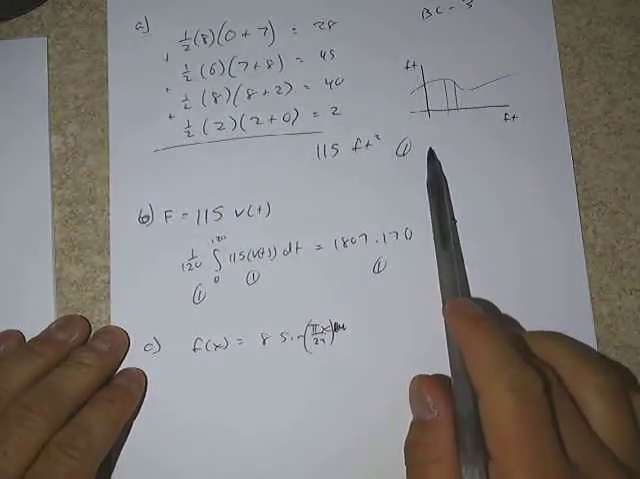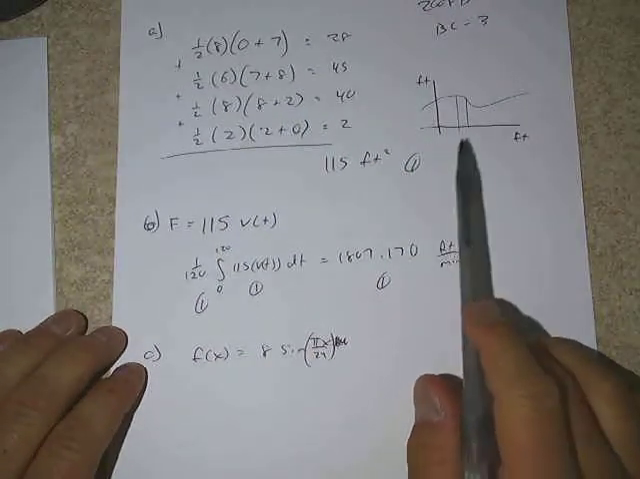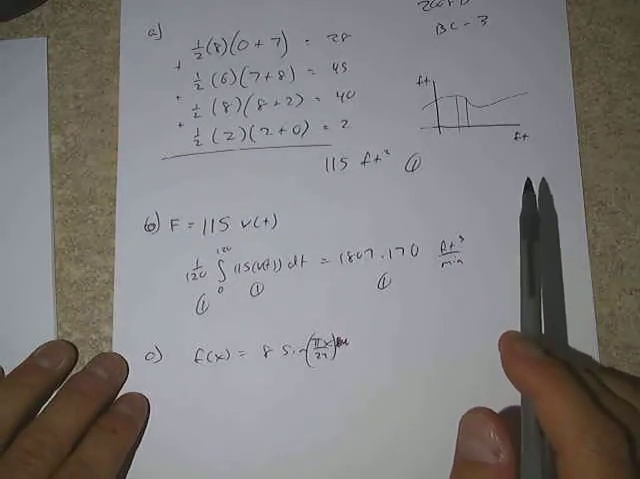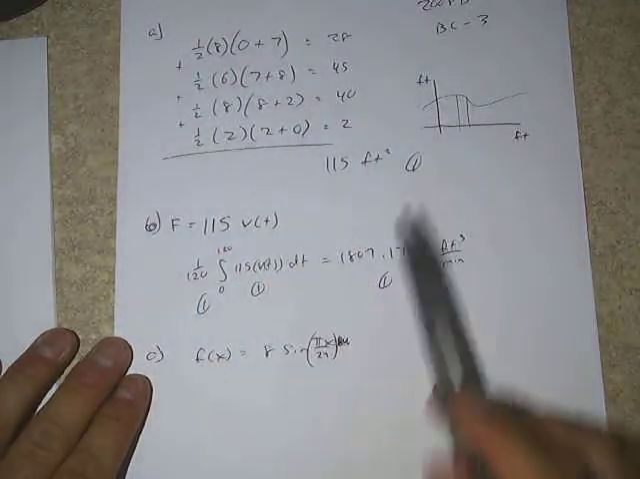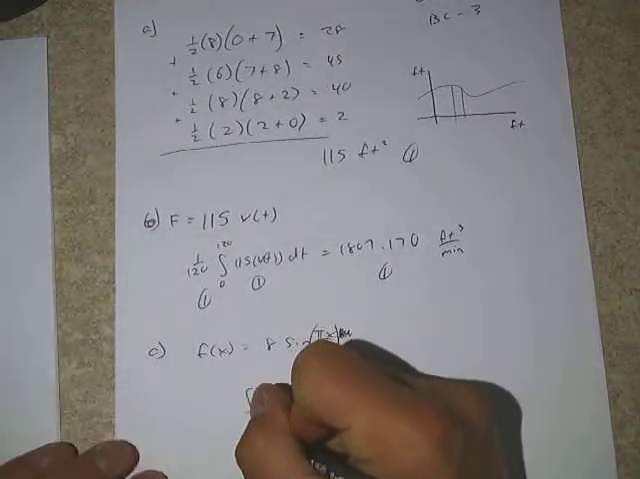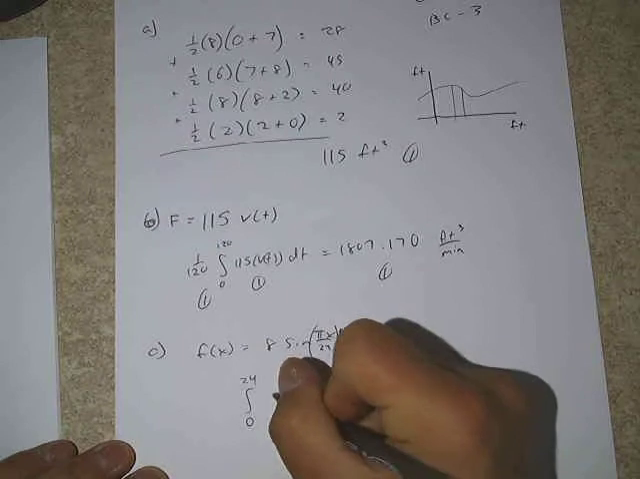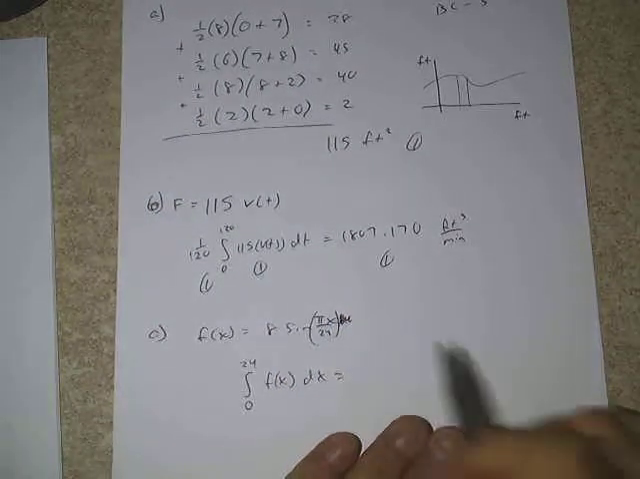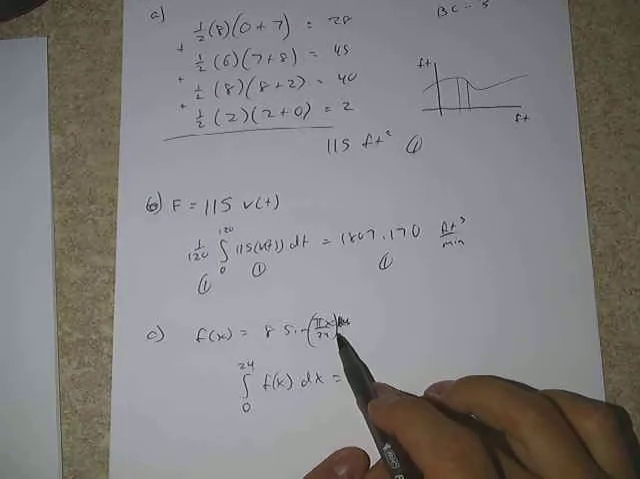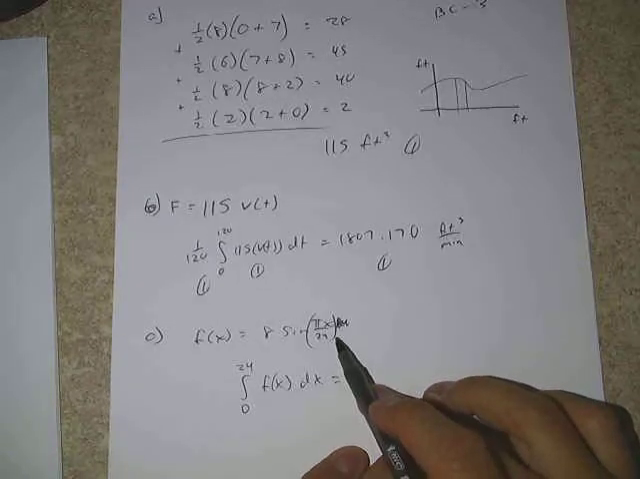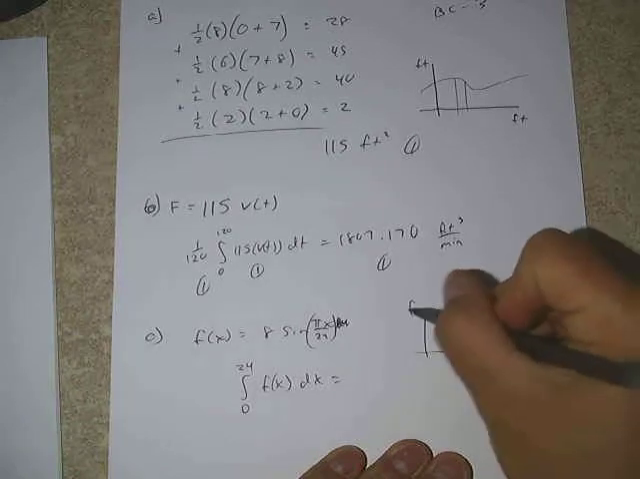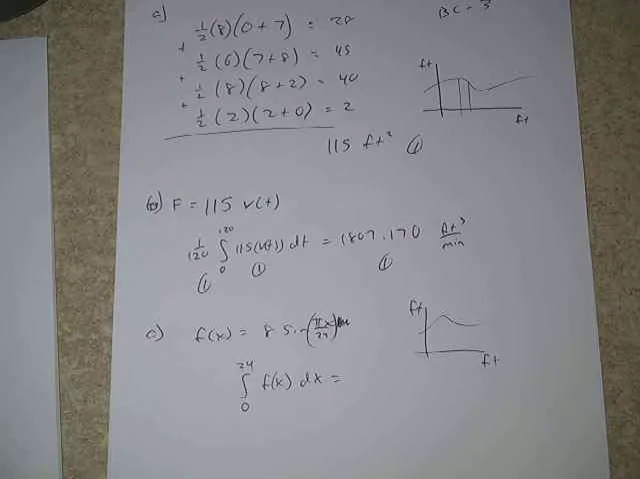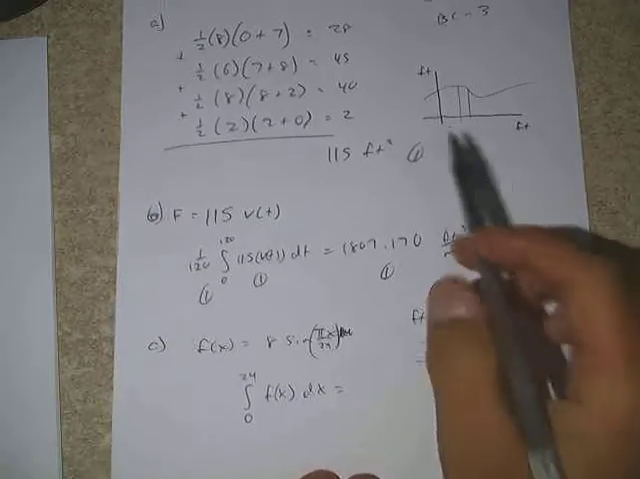Alright, and then part C says, suppose a scientist proposes that the function f is 8 sine of pi x over 24. So pi x over 24, that's our function. It says that is the model for the depth of water in feet at Picnic Point. So instead of giving us a set of points here, they've given us the function as an equation instead. And bottom line is we want to find the cross-sectional area of the river at the Picnic Point based on